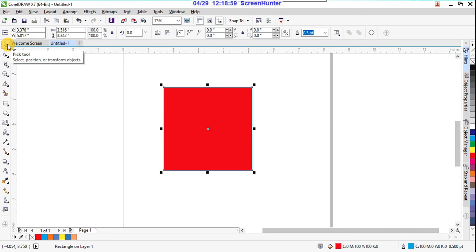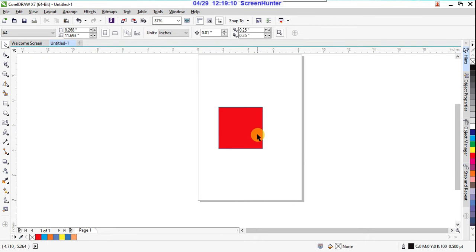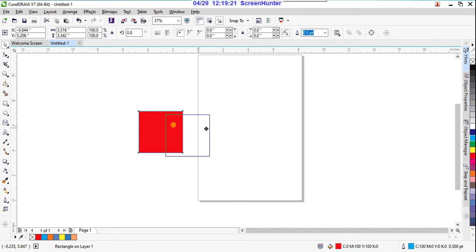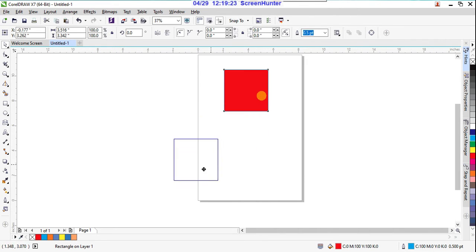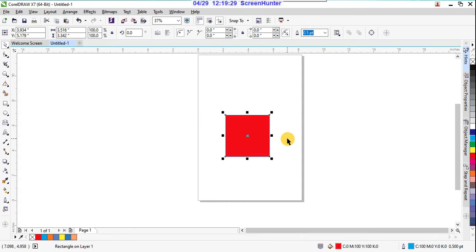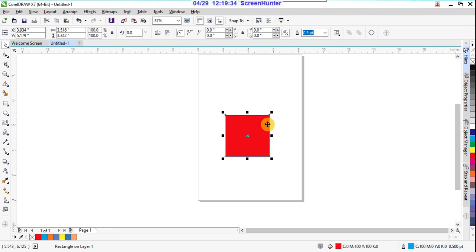So this is the pick tool. Select, position or transform objects, right? See, this is my object, and you can deselect this and again select. For selecting any object, you can use this pick tool, and after selecting that, if you want to move this anywhere on the page or outside the page, you can. And one more thing, after selecting that and selecting one more time,